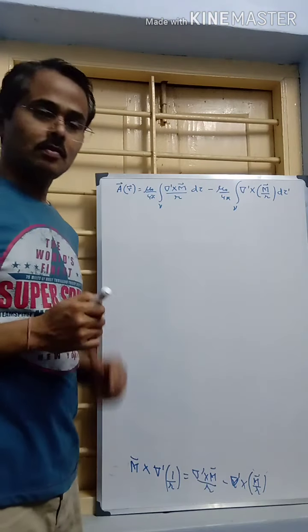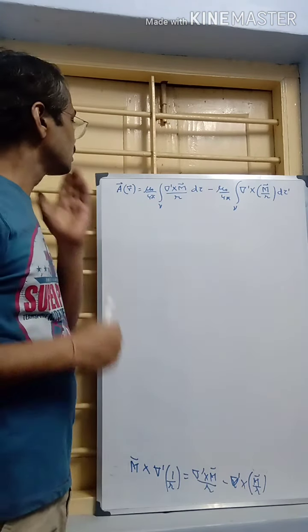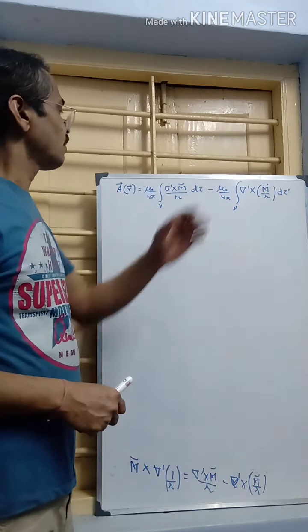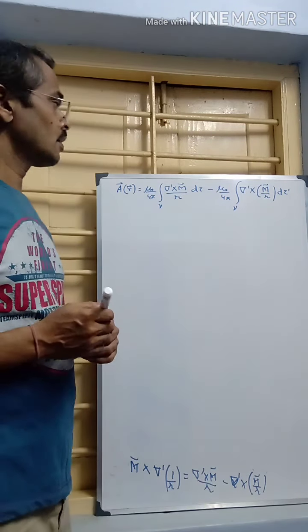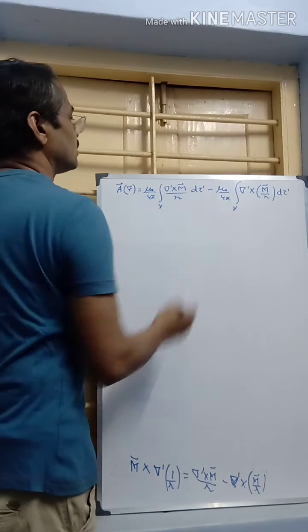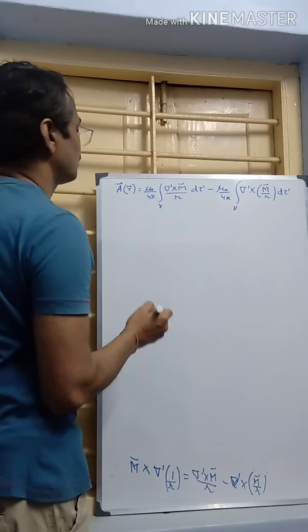So the expression for the vector potential becomes this, and we can say that this is fine. How about this? The first one remains the same and the second one can be written as,